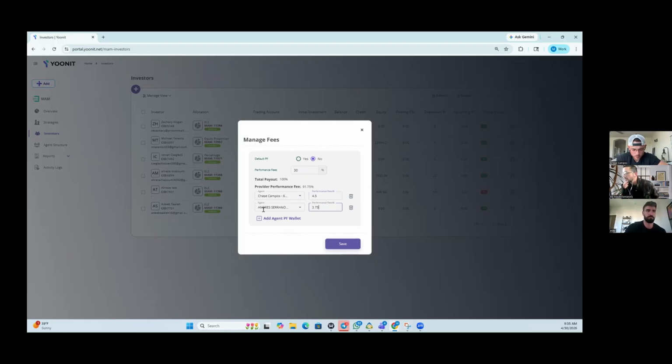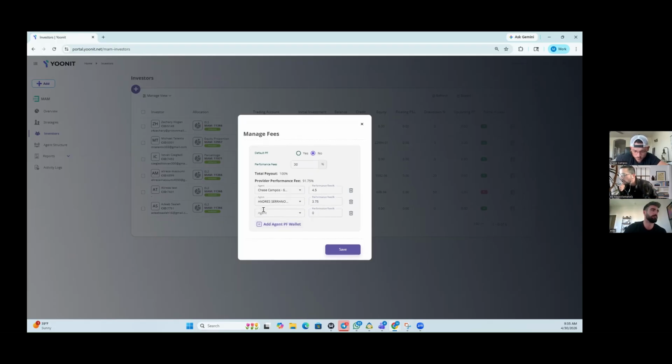I am just simulating level 2 and 3 all together. So provider performance fee. No, 0.75. And the first one is just 3. Oh, this one. Yes, 3. So provider performance fee